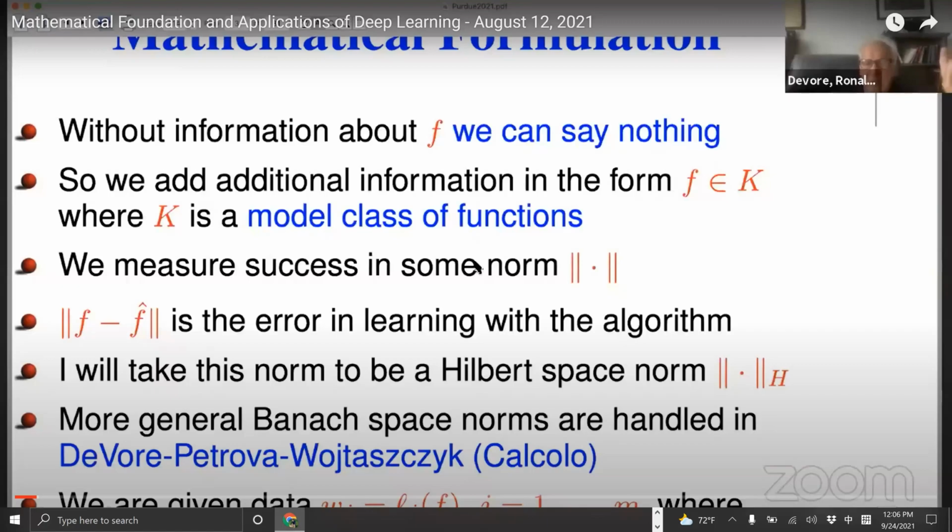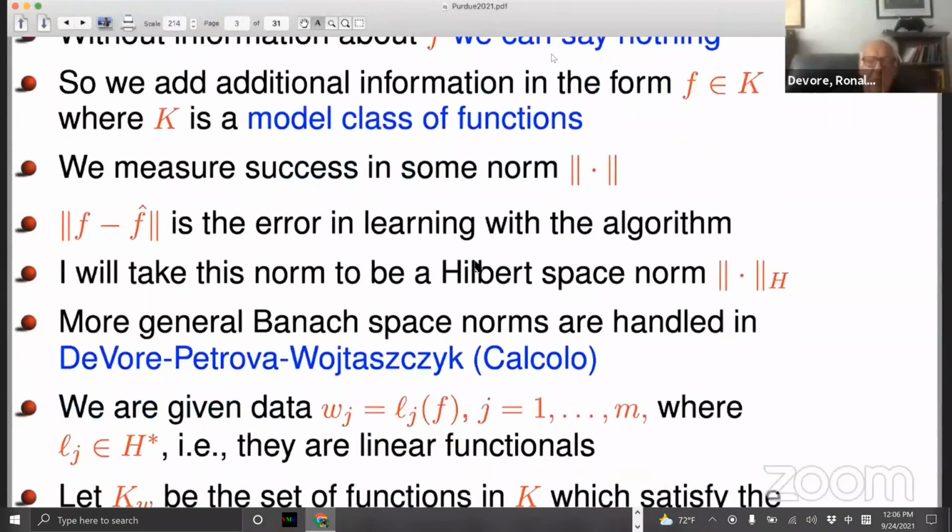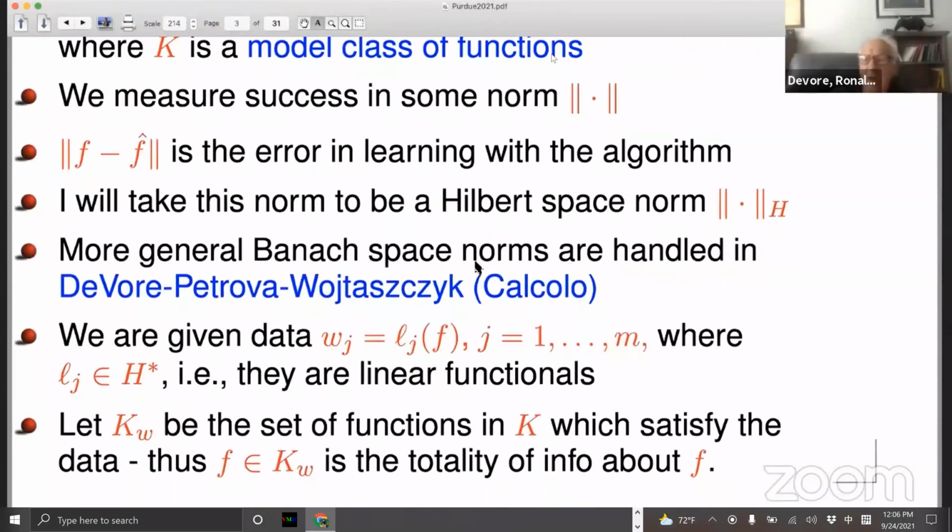Because in deep learning, frequently you don't see model classes, at least explicitly discussed. Sometimes you do, sometimes you don't. Another issue, a mathematician would say, well, please tell me how we're going to evaluate algorithms at the end of the day. If I come up with this clever algorithm and I think it's a great way to recover this